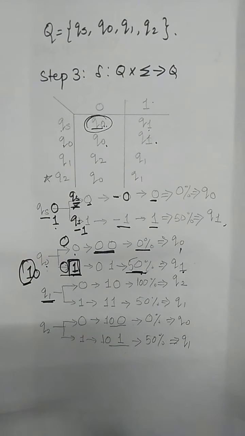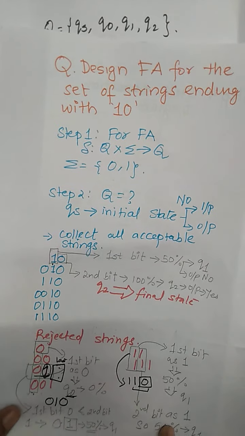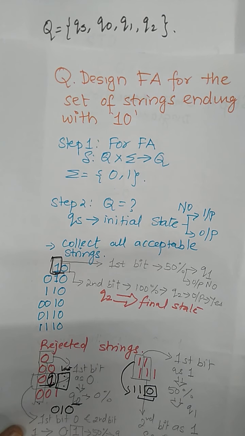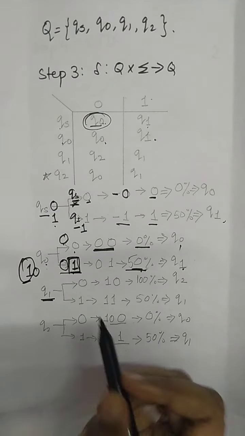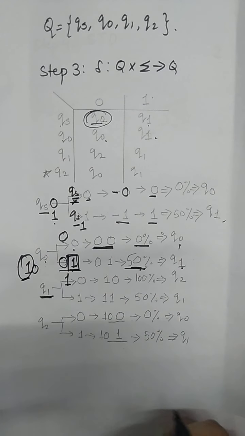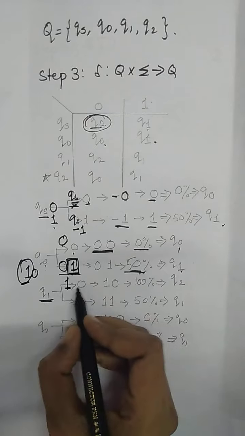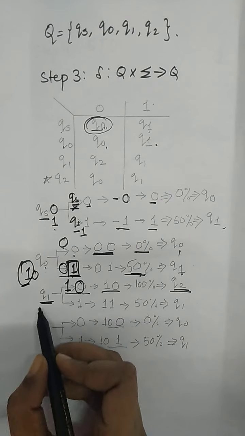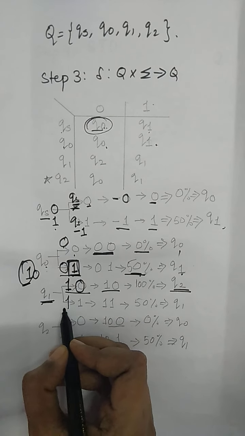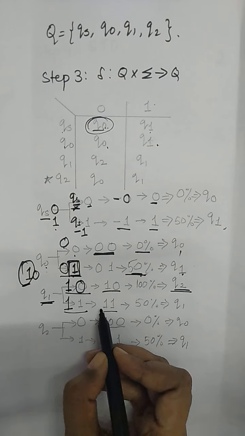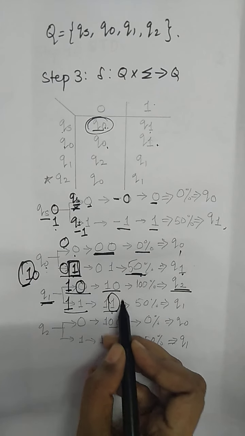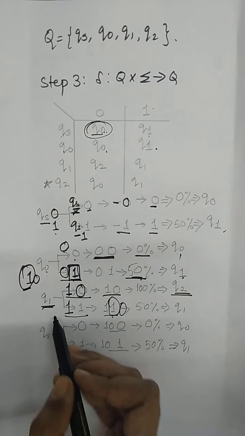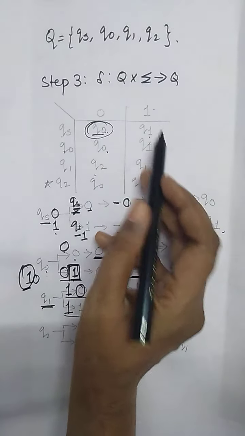Now what is Q1? We had already discussed that. Q1 is where, out of 10, we got the string whose second last bit is 1. So Q1 represents string 1 with the next bit 0, which is what our question requires, and it will go to Q2. Now Q1 represents string 1; with another 1 it makes 11. Out of 10, the last bit we got is 1, waiting for the next bit. If the next bit is 0, it will move to Q2. So this is the 50% of the requirement. So Q1 on 0 goes to Q2, and Q1 on 1 goes to Q1.